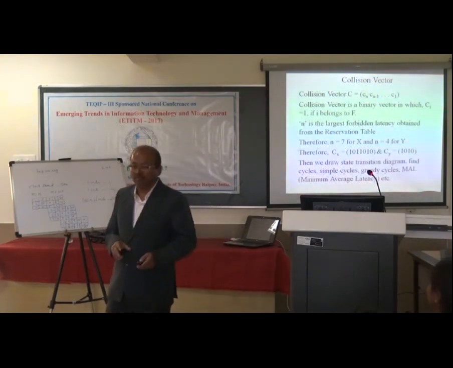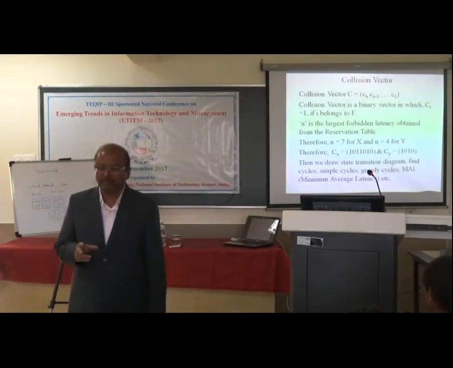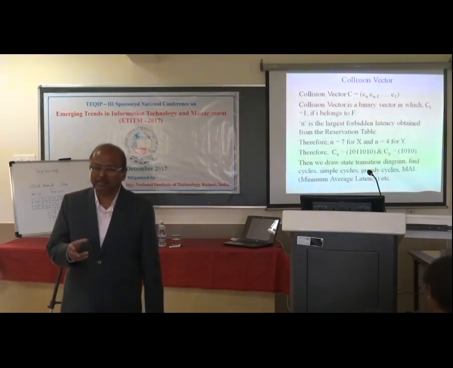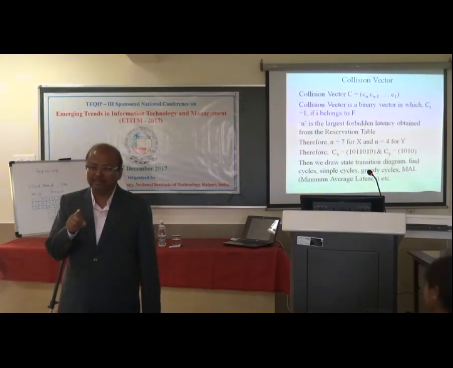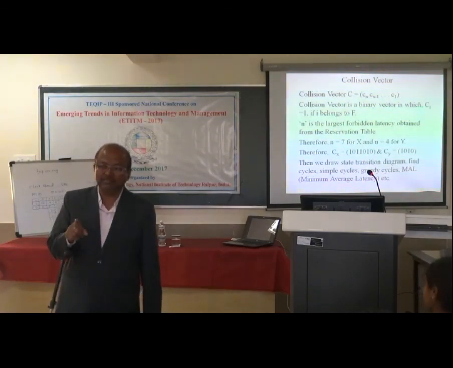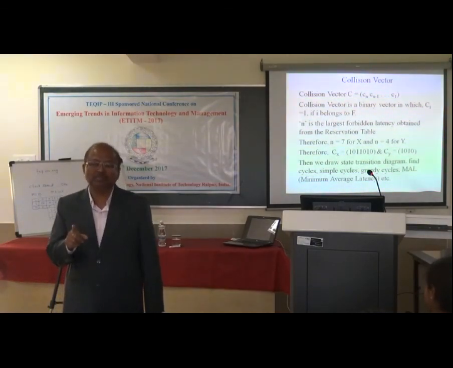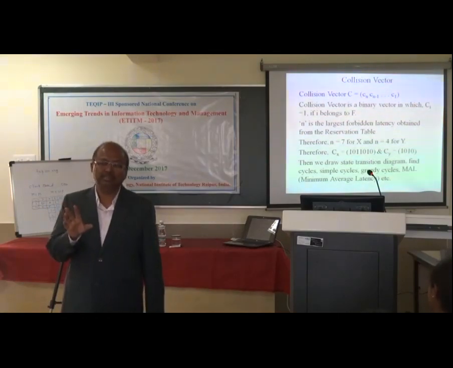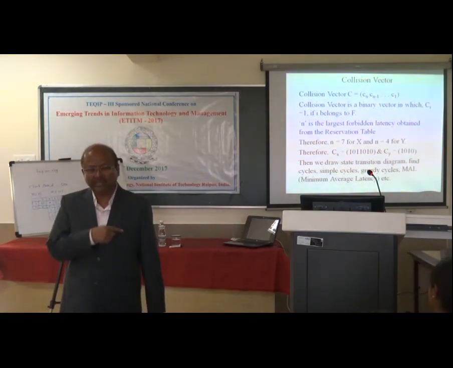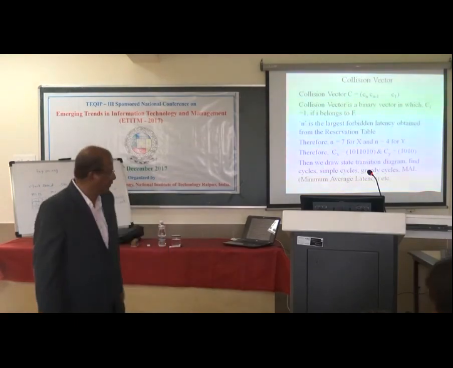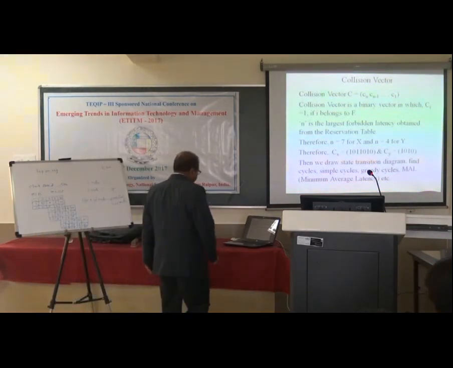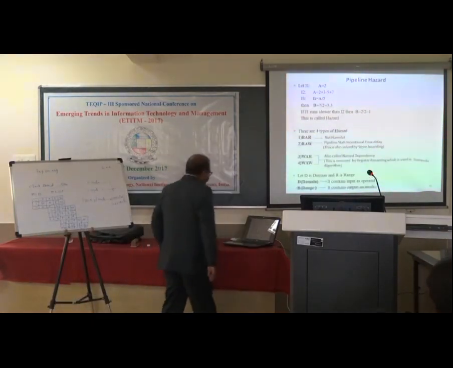I have told you about the forbidden set of latencies and the collision vector. Why is it important? In pipelining, you have to perform various functions, but at the same time, you have to keep in mind that there must not be any collisions. You have to do collision-free scheduling. For that, this is necessary. Now come